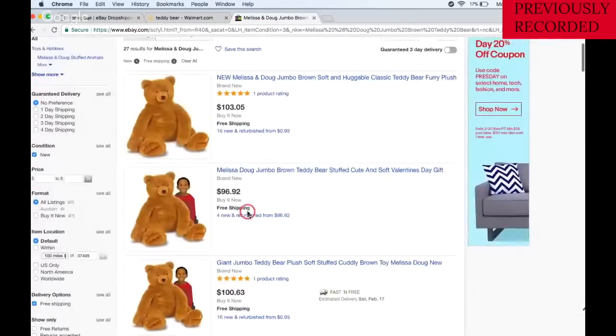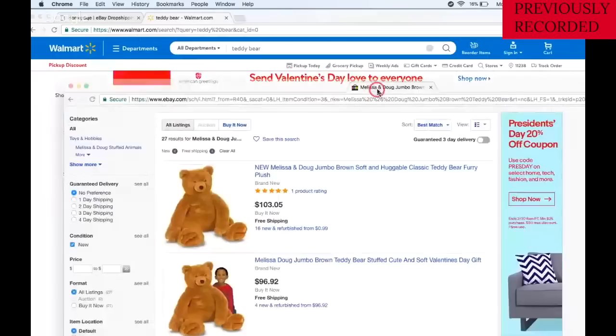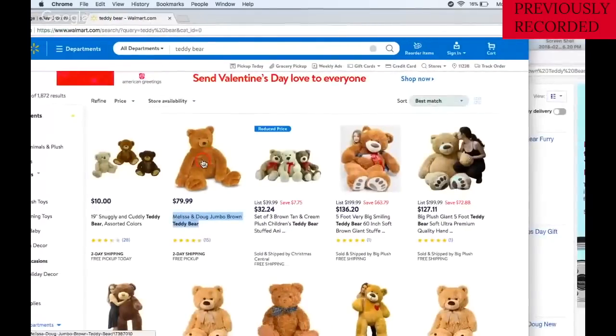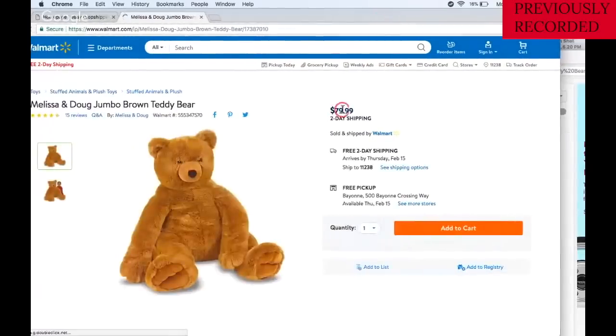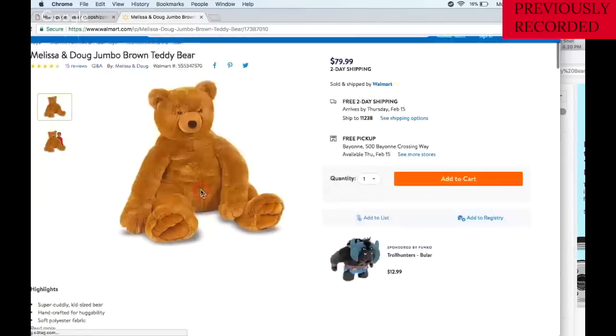To narrow it down further, what we're looking for are people who have the same picture as on Walmart and a price that's higher than Walmart. And then when we open the listing, we want to see if the description is the same. So let me move this tab over here so we can open these side by side. And I'll open up this item on Walmart. We see that the price of this is $79.99. And there's two pictures, one with just the bear and one with the bear and the kid. And if we scroll down,